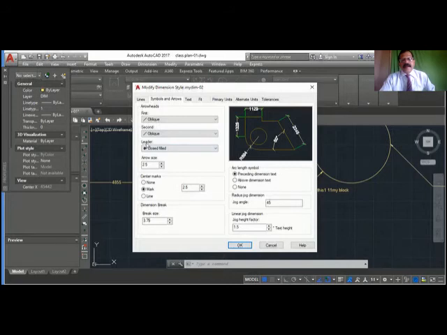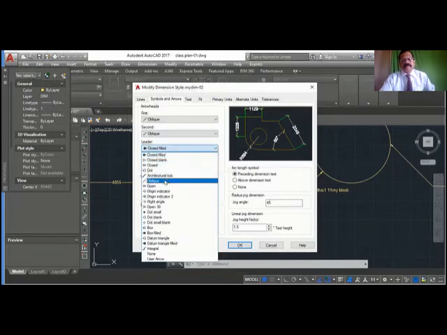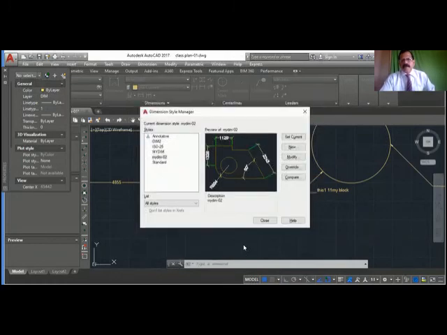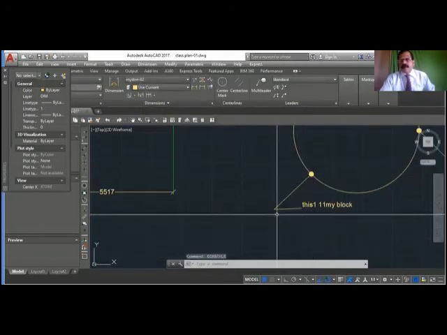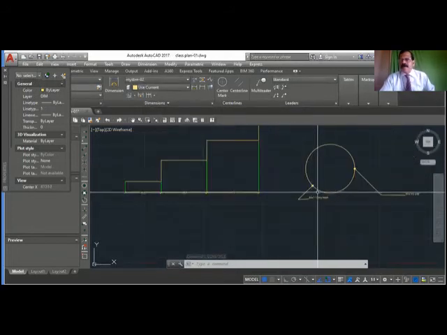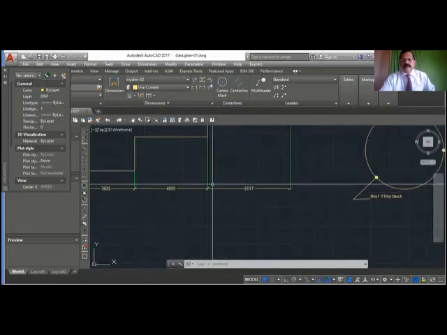But you see here, leader, it is arrow. That is why you can change it to oblique. Suppose let's make it to dot. Okay, you can see that is a dot. So wherever you show leader, it will be dot, and wherever dimension, it will be tick mark.